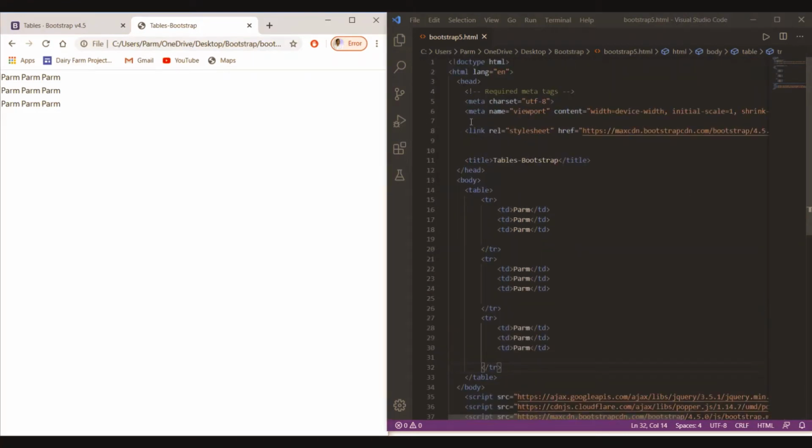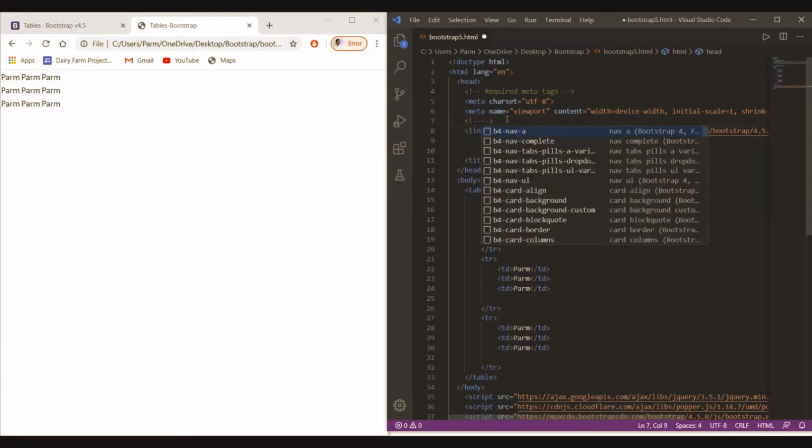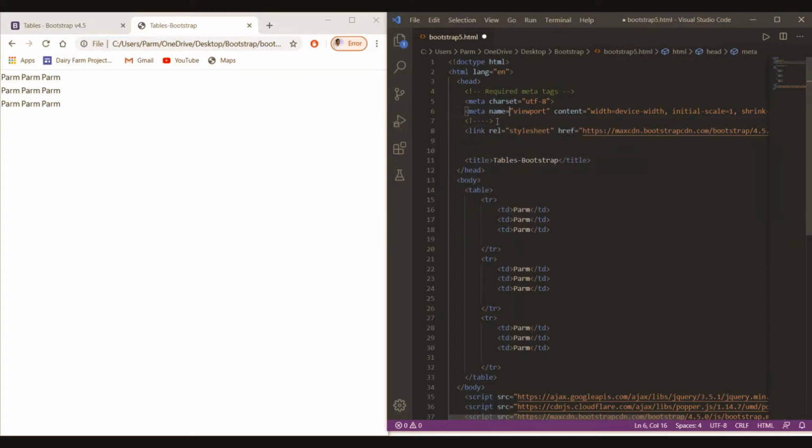So if we again make comment of this line, so see how our table looks. Again, this will look something like this way.